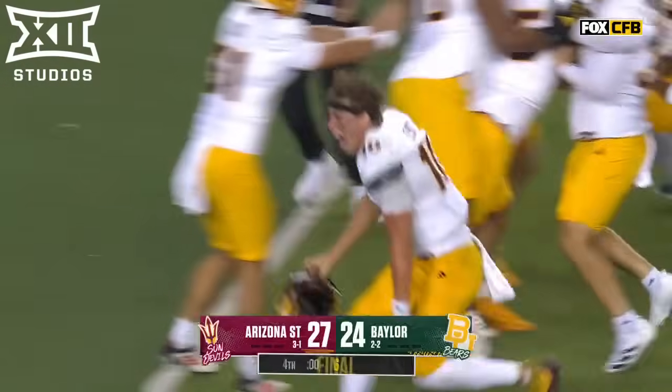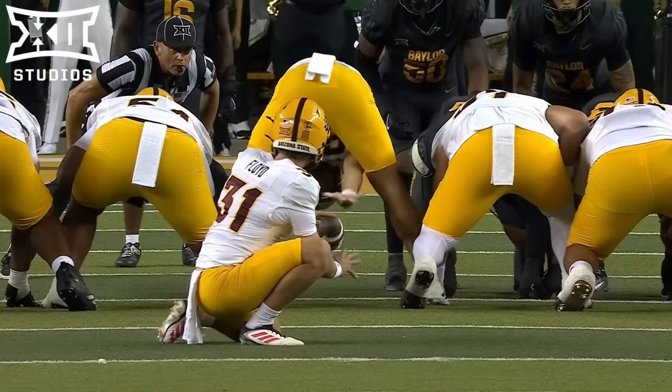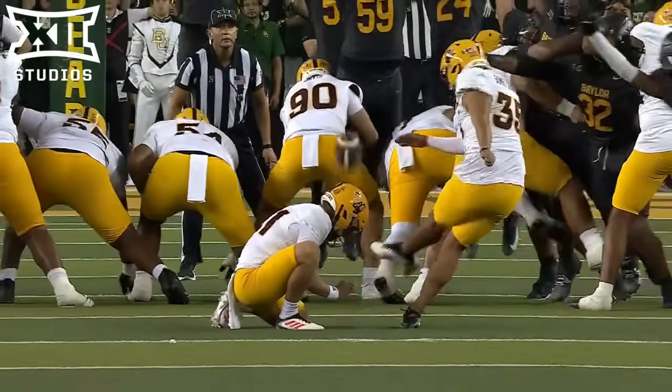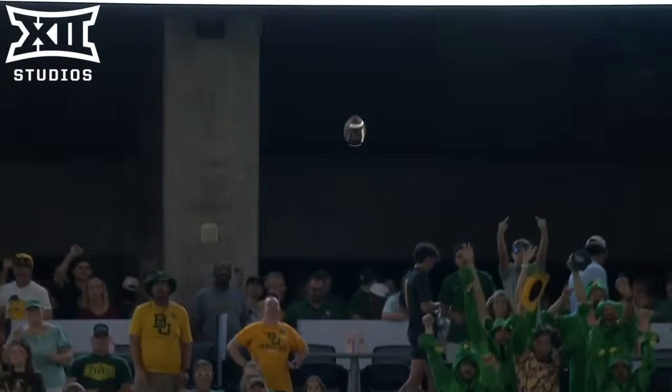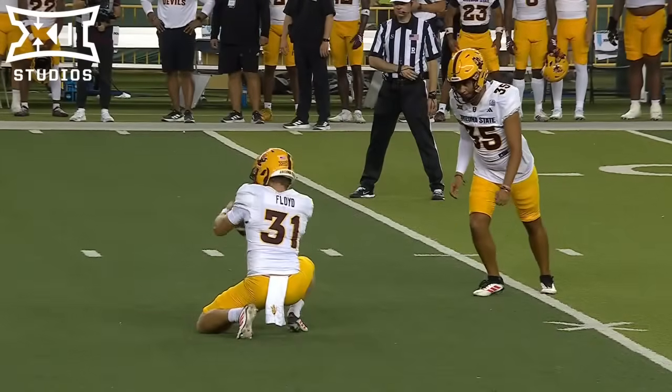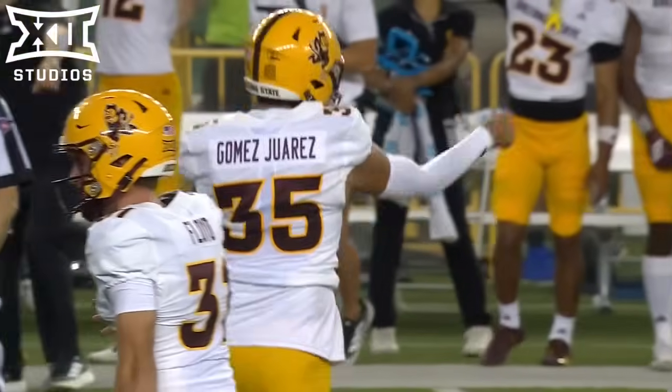Arizona State wins. Dustin Denty for all the wonderful shots. Josh Franz, our broadcast associate. There's the winning kick from Jesus Gomez. In the booth, Scott Alexander, Brett Bender, Jack Tuttle. For all of